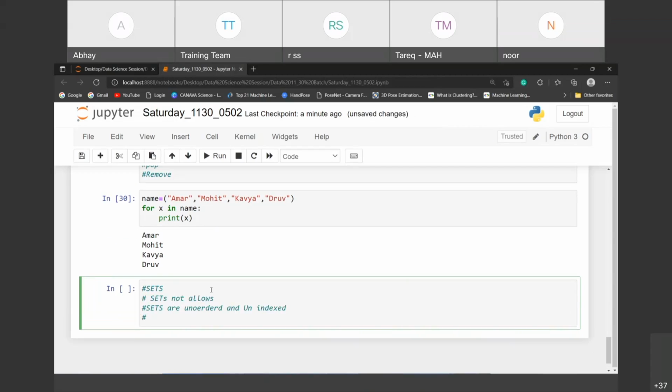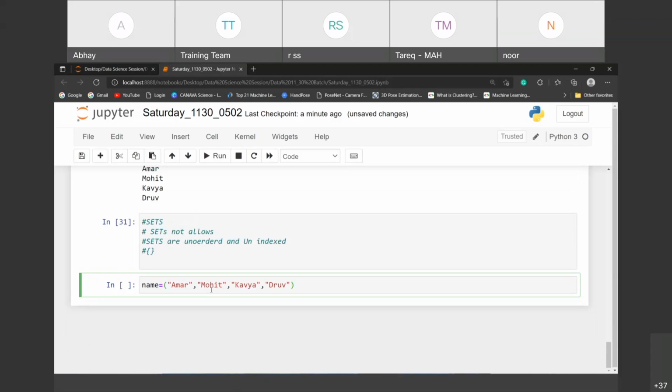Sets are defined in curly brackets. Okay. So now, if I am talking with this bracket, check out how it looks like.